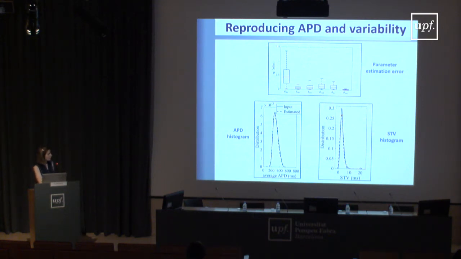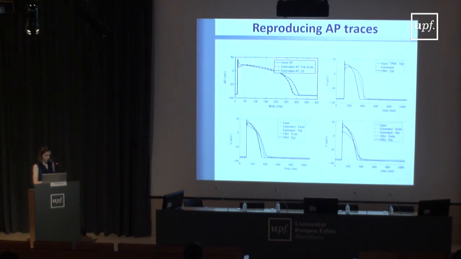So if we compare the input data, the histogram for the action potential duration in the input data and in the estimated data, we can estimate them very well, and also in terms of the variability. So if we quantify beat-to-beat variability, we can do it well with this method too. If we want to reproduce the experimental AP traces, the above panels are for synthetic data generated with different human ventricular models and how we can estimate them with our method, and we see that we can approximate them reasonably well. And here the same for this other model.